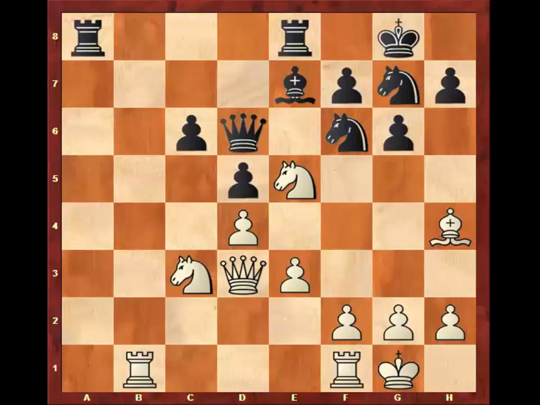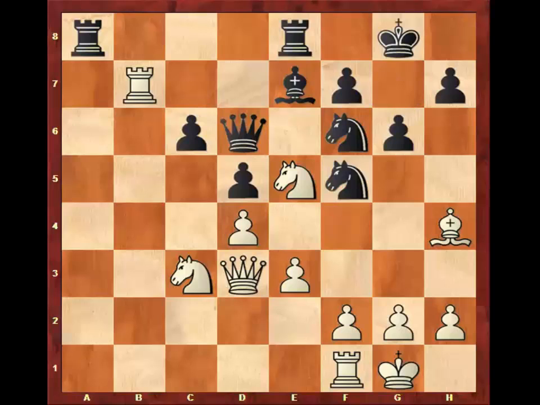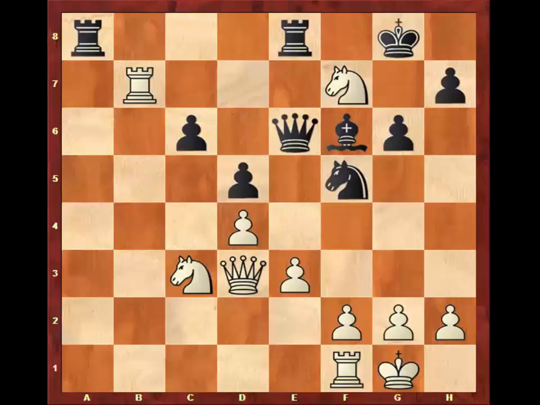And also there is a special situation here. If white continues his advance with rook b8, then black would play knight f5, and after bishop takes f6, bishop takes f6, the e5 knight is under attack, and if the white knight captures on f6, black can play queen to e6, and the white knight cannot escape actually, only to e5, and after knight e5, bishop takes e5, d takes e5, queen takes e5,